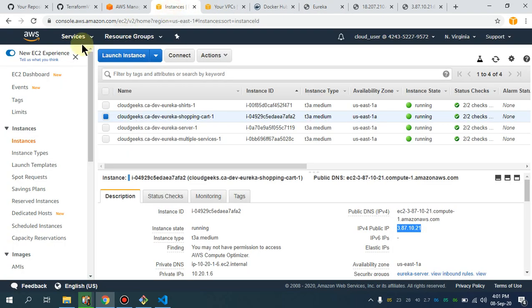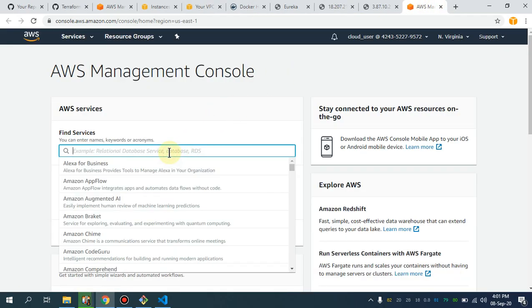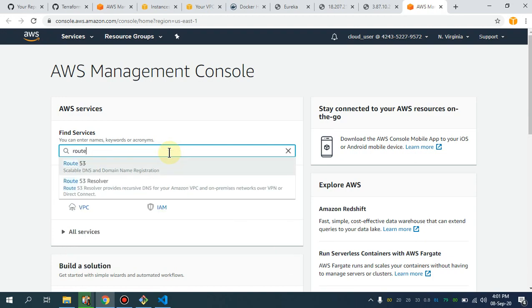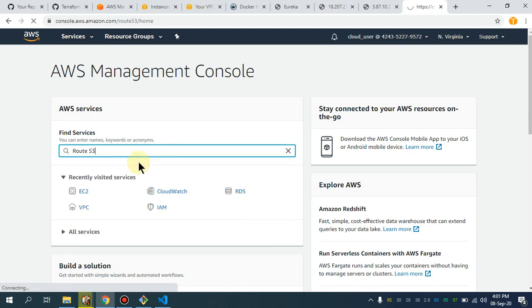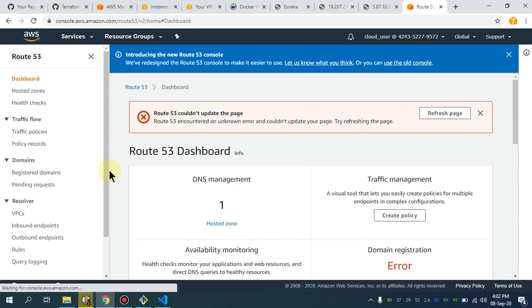So I'm going to navigate to another tab, and move to Route 53. In Route 53 I want to show you that we are going to create a private hosted zone, and with that private hosted zone our services are going to be registered.